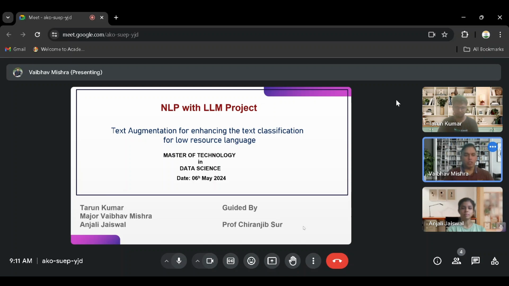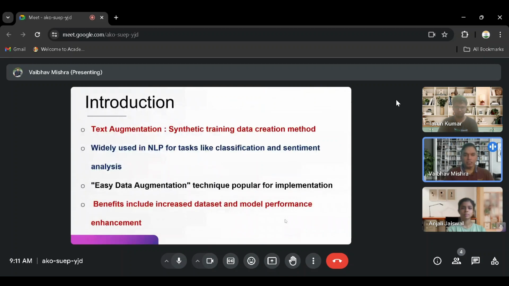So there were many fields suggested towards going forward with this project, but we chose text augmentation as we thought that it is one of the very challenging domains as far as low resource languages are concerned. Now, why it is so, that I will explain further. In low resource languages, we are particularly plagued with smaller amounts of data sets. So if the data set is not very huge, it becomes difficult to apply it to tasks like classification